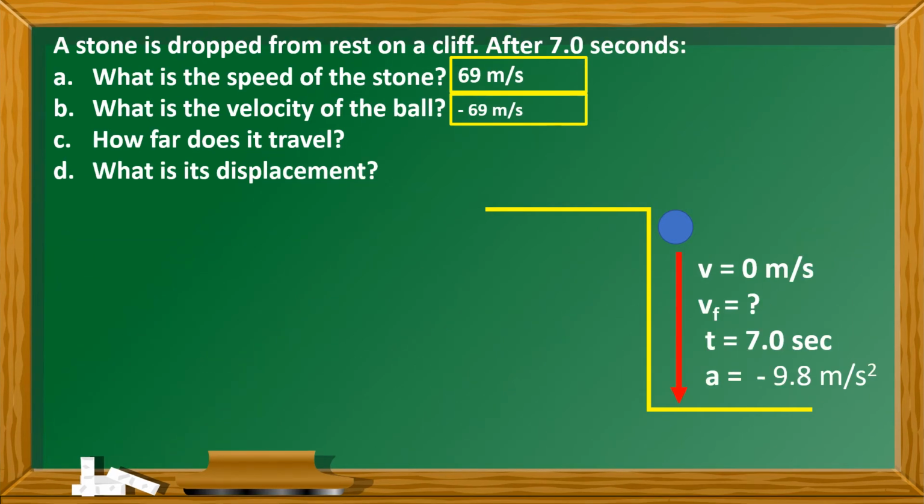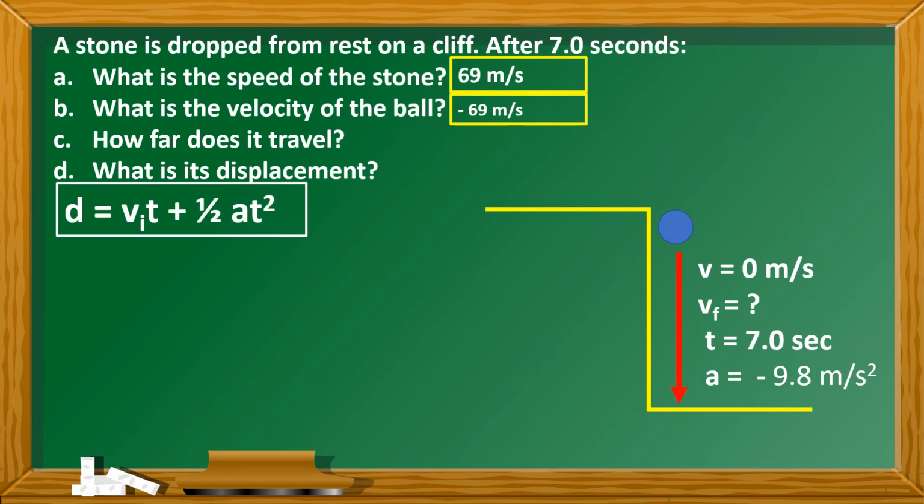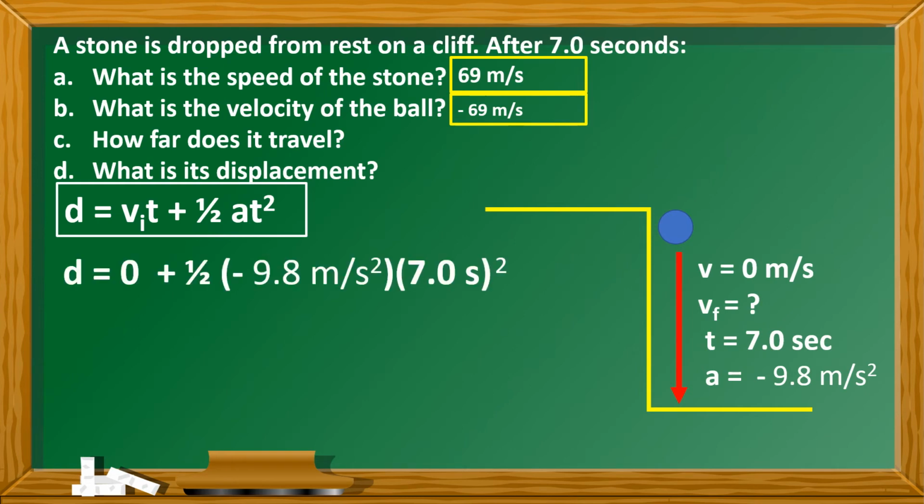Now let's proceed with the third one. How far does it travel? Based on the variables given, the equation that we're going to use is d is equal to initial velocity times time plus 1/2 at squared. Since the initial velocity is 0, let's just cancel that out, as anything that is multiplied by 0 is 0. So 1/2, then our acceleration is negative 9.8 meters per second squared times the time, which is 7 seconds